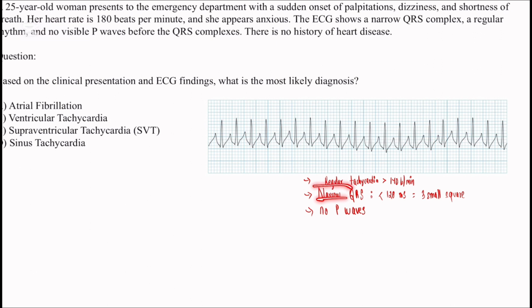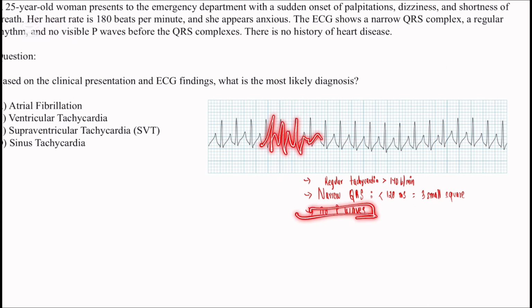And there is the presence of a narrow QRS complex, meaning less than 120 milliseconds or less than 3 small squares. We can see the QRS is taking only one small square, so it's called a narrow QRS complex. And we can see there is no